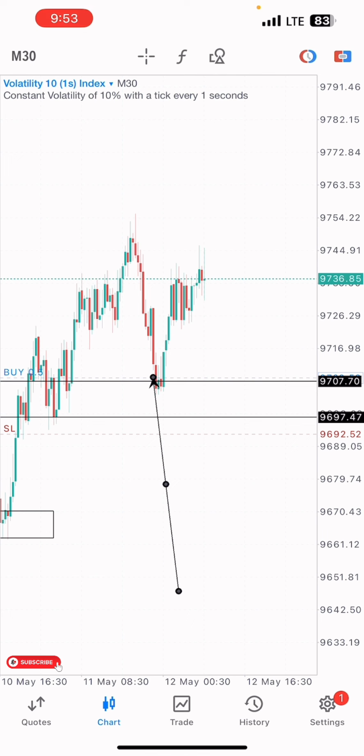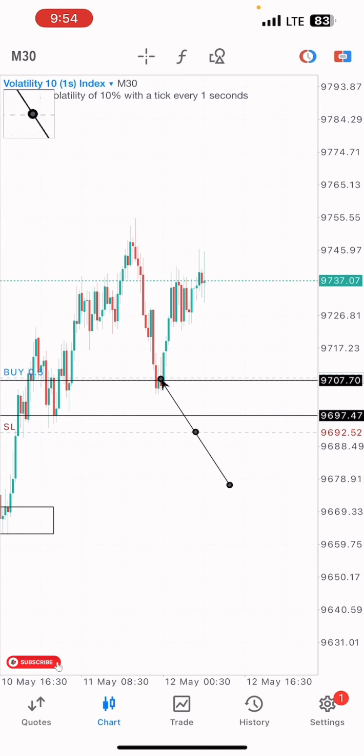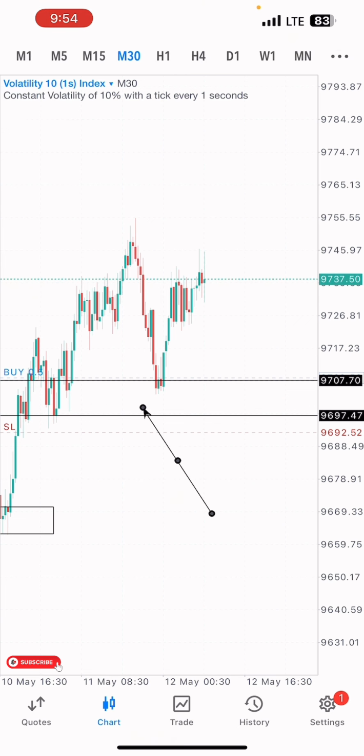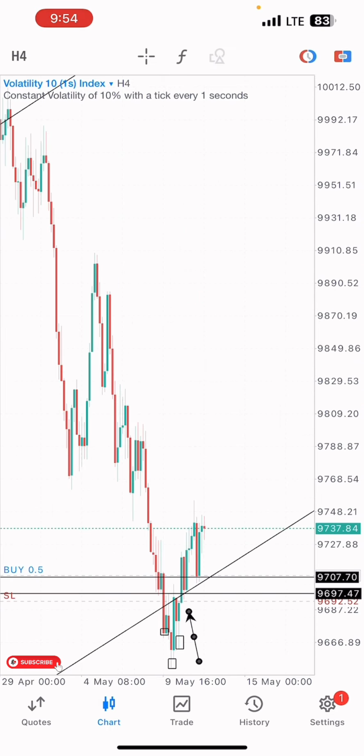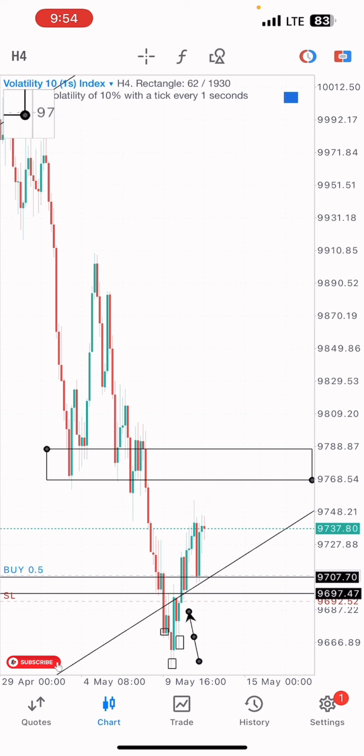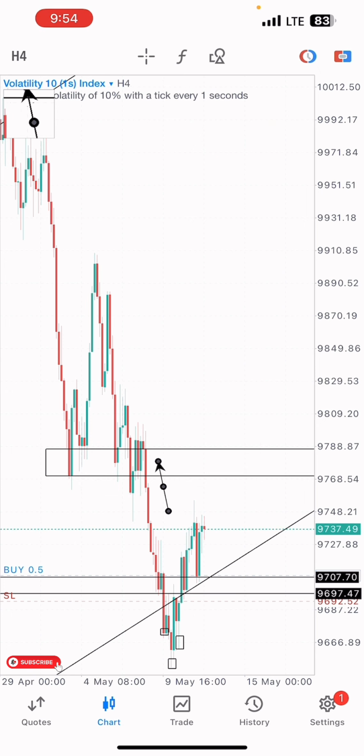And unfortunately, I was only able to get a single entry because I set a pending order here, and I actually forgot that I had this trade. I had a pending order placed on this trade. So waking up this morning, checking my charts, I saw that my trades are running good profits and more buys are expected basically. So that's how I take the buy trade on this index, and I would be expecting this index to give a move, at least for price to get to this zone on the 4 hour time frame. This is my target level because we have a zone here,